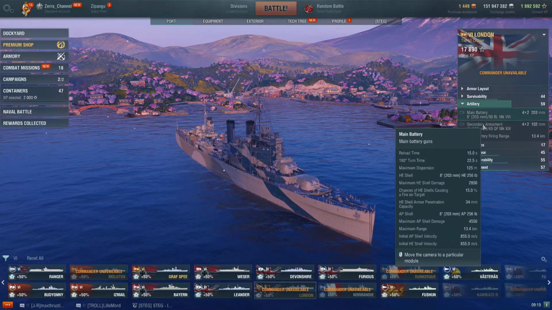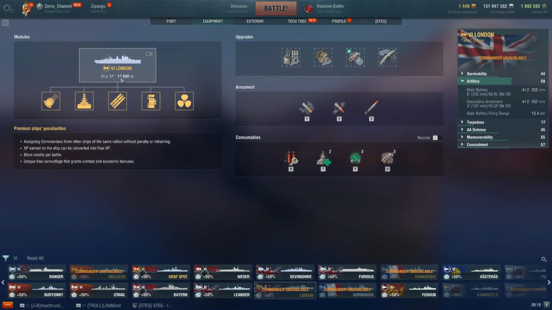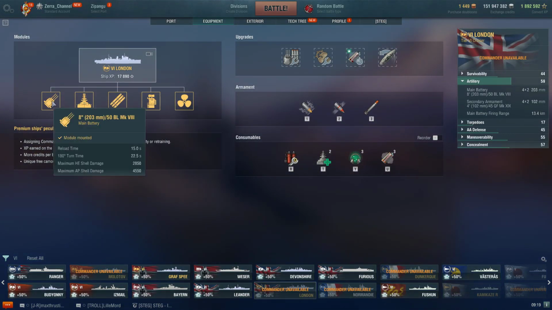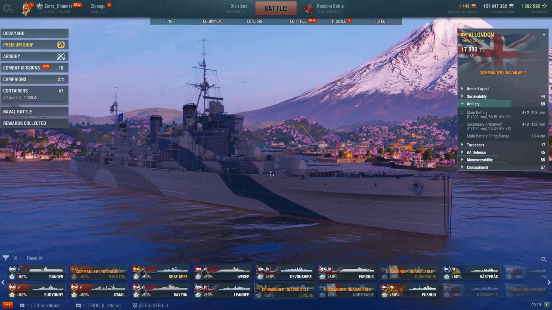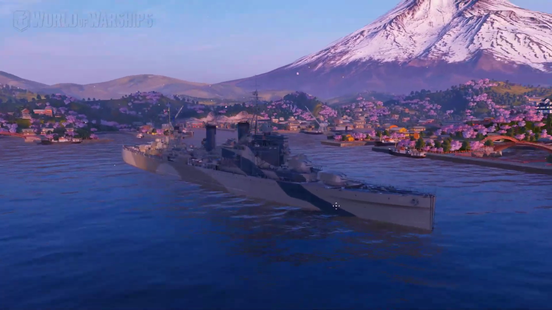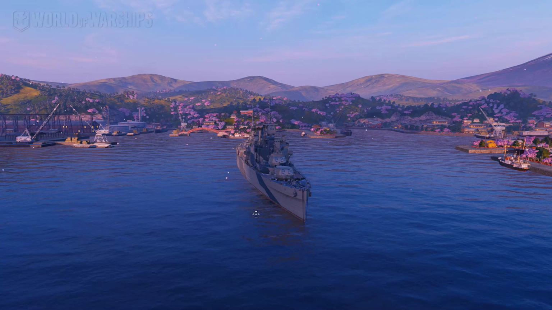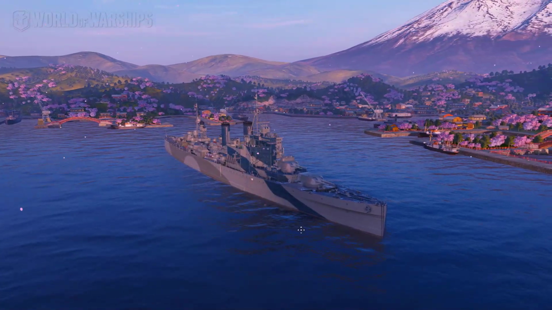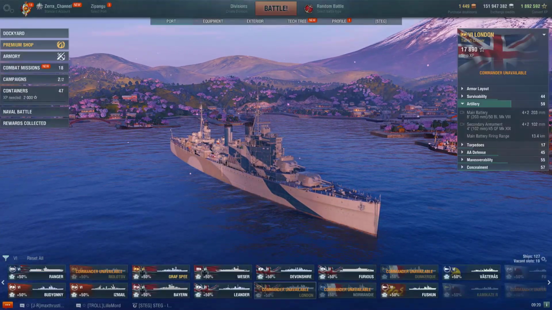Reload is 15 seconds. What is the damn range? I do believe 12-13 kilometers or something. Man, where can I see the range? Reload 15 seconds, yeah. 13.4. 13.4, oh my lord, even the tier 5 Furutaka has better range. So keep that in mind, guys. Sure, you have a pretty damn strong cruiser at tier 6 with smoke and all that, and pretty good guns. On the other hand, you have terrible range, and same story with Leander, which